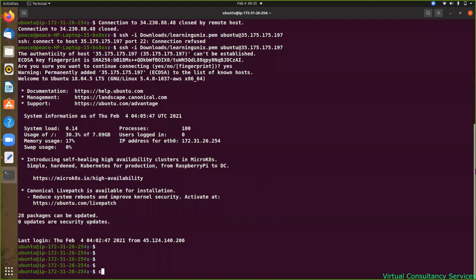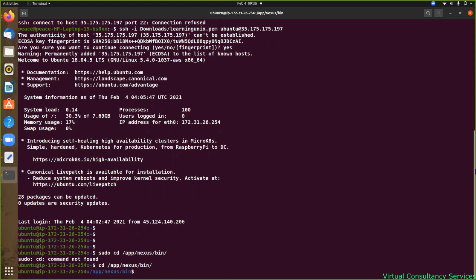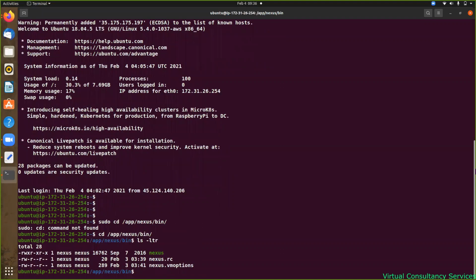ठीक है, हमारा इंस्टॉलेशन है राइट. लेट्स sudo cd /app, ओके स्पेस /app nexus bin। क्यों भाई, cd कमांड नॉट फाउंड, ऐसा कैसे हो सकता है? ओके sudo के साथ cd यूज नहीं कर सकते, दैट्स ट्रू। ओके अभी इधर आ गए, ये नॉर्मल नेक्सस यूजर से है, ठीक है। नाउ आई विल स्टार्ट दिस बाइनरी अगेन। अगर मैं अभी PS AUX पाइप grep नेक्सस करूंगा तो नहीं चल रहा होगा,